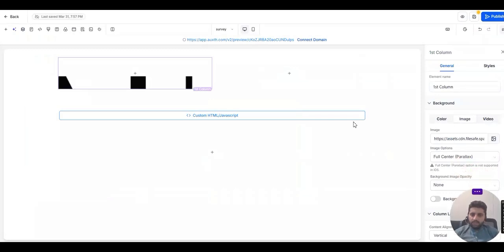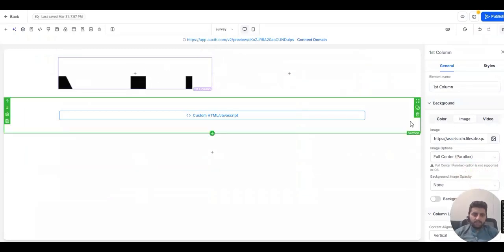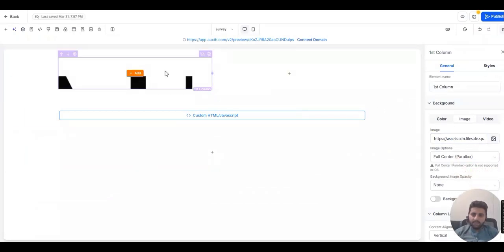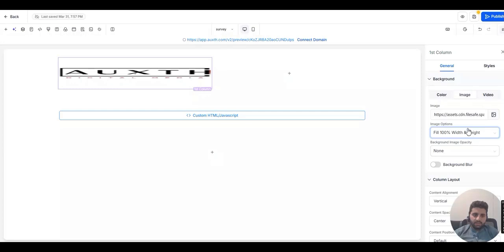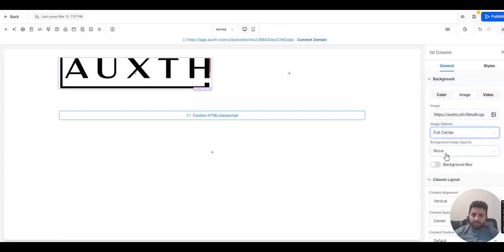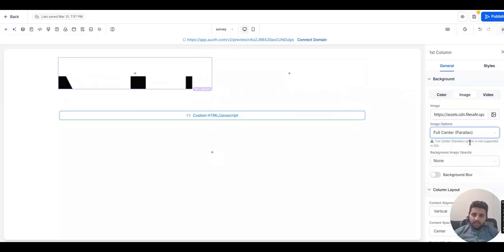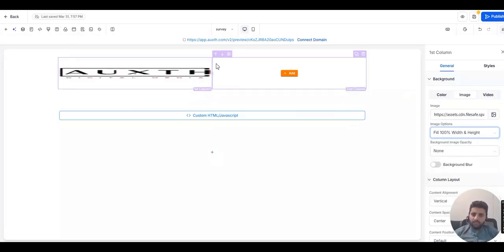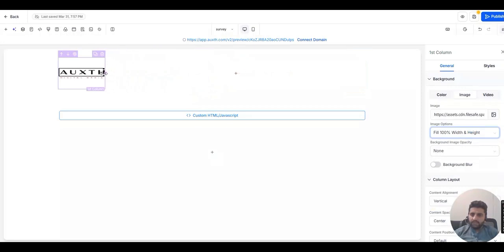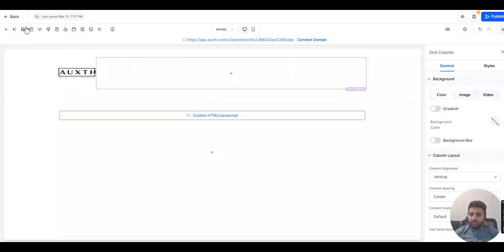Click on insert, and you know that this thing is not good, so for that I will simply click on it. Came back in general, instead of parallel X, 100% width, or otherwise I can use full center as well, but it doesn't look good. Full center and parallel, you can choose all the options and see which suits you better, and currently I think this is good. So my logo has been set, and inside this section what I need to add is